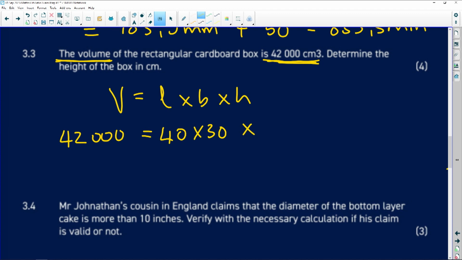I don't have my h. I am solving for h. This is where the problem comes in. Huge problem. So because this is multiplication and this is multiplication, when I bring these to the other side, I need to divide them. So I'm going to take these and divide them on this side. So therefore, it's going to be